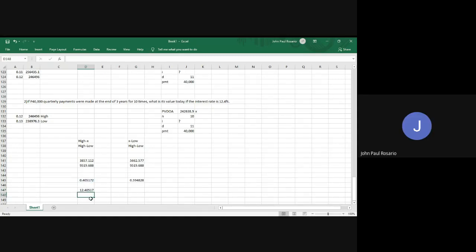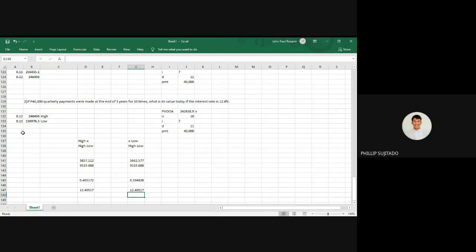Okay, so 12.41%. Or we can use the other side, low and common, so we start with 0.13. In order to get a number in between 12 and 13, do we add or deduct this number from 13? Deduct. So in either way, imong buhaton, you will arrive at the same percentage. Nasundan?